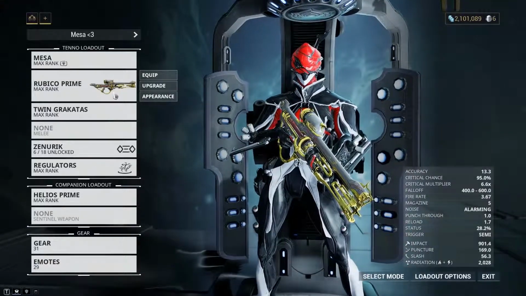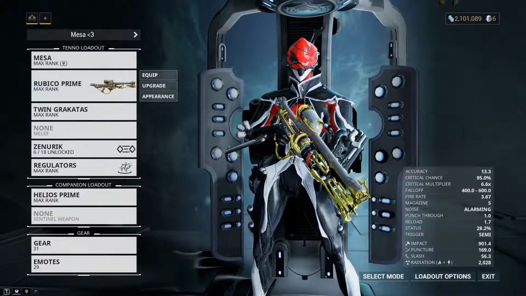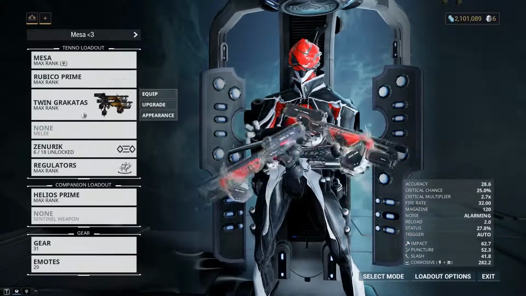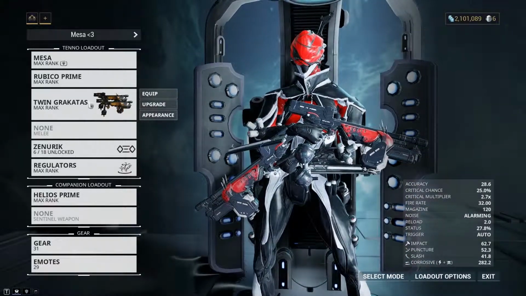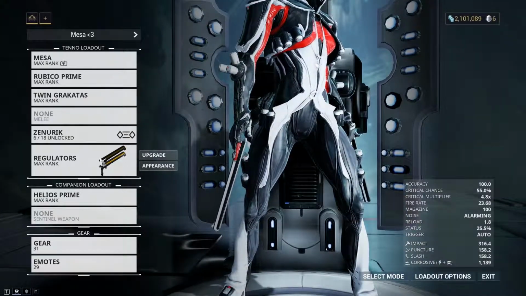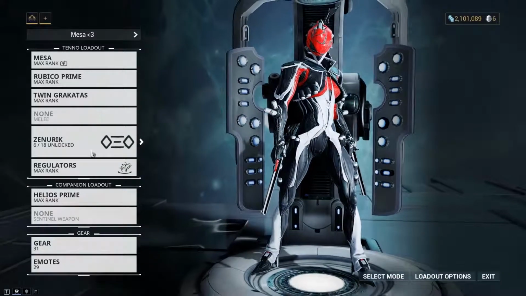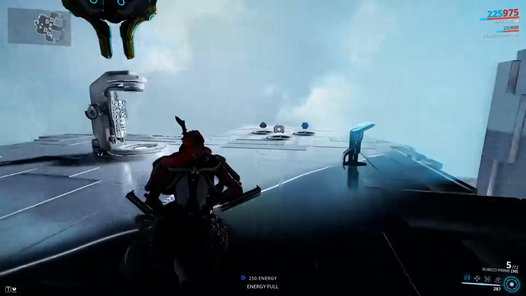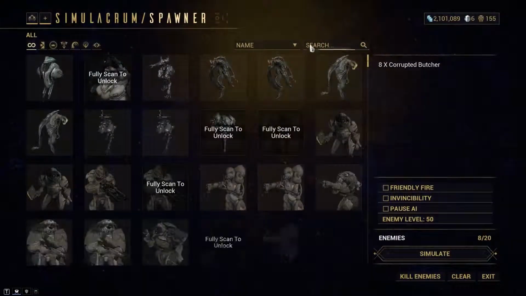I did run around with Rubico Prime because I do use Mesa a lot in the Plains of Eidolon, right, for some bounties, and for secondaries we are running the Twin Grakatas. The regulators are modded for corrosive damage, but we will talk about them in the next build. So this build focuses around damage reduction as well as crowd control, and to